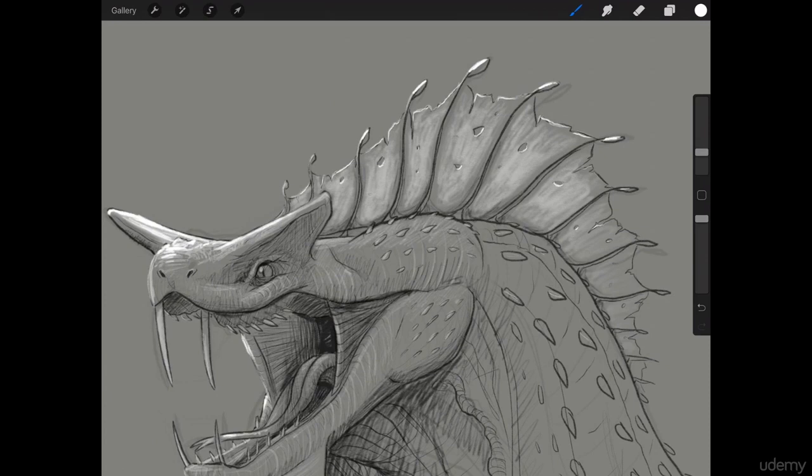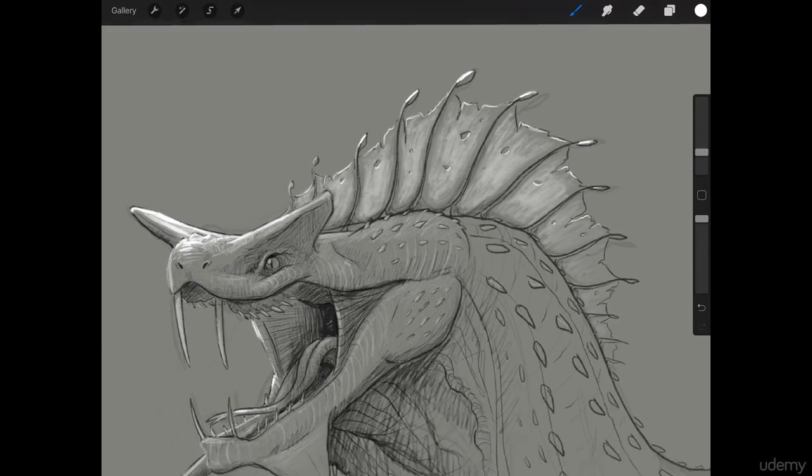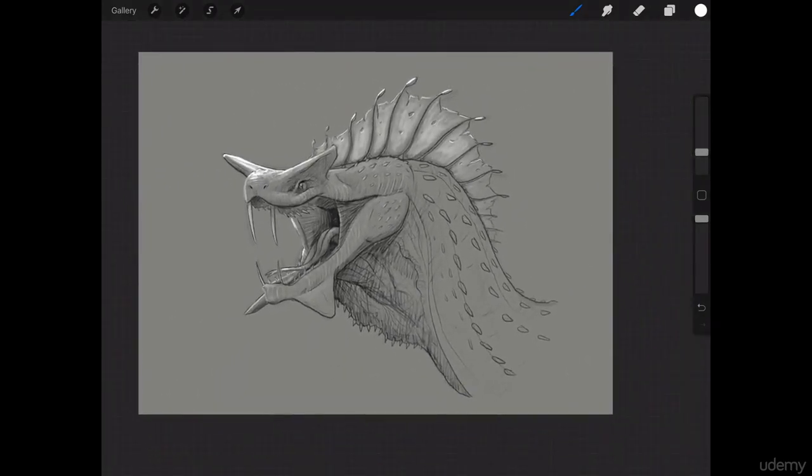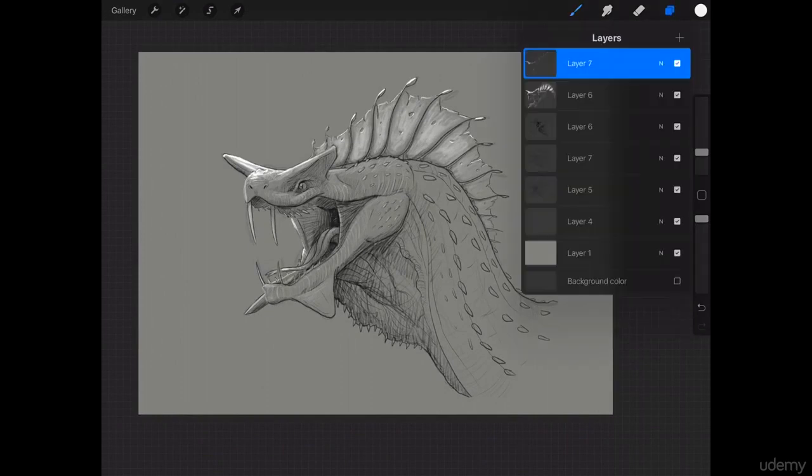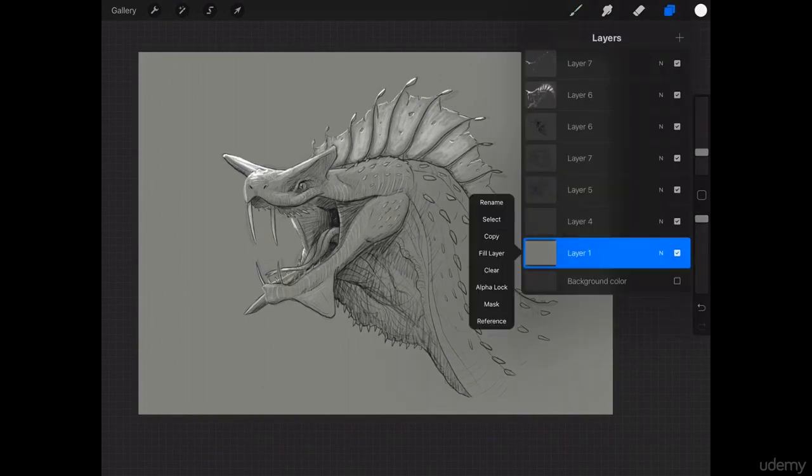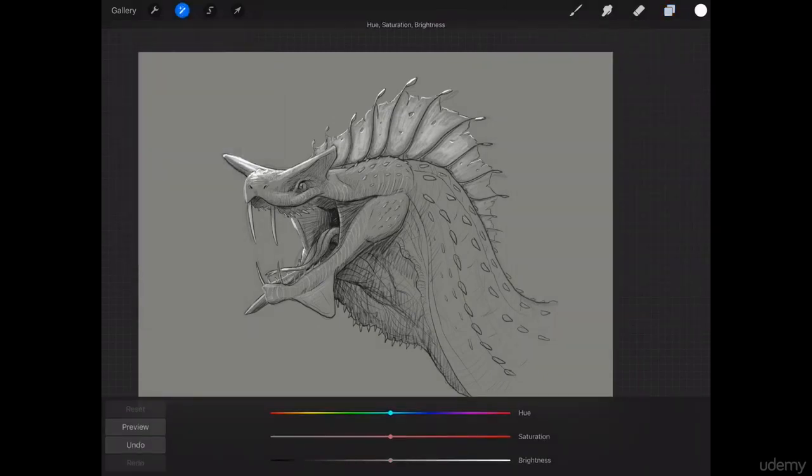Another cool thing about digital is that if we decide that our midtone is too light for this image and we want to make it darker, we could do that really easily, which is actually what I'm going to do here in a second. I'm going to experiment with it because it feels not enough like this side of him is in shadow, but I don't want to have to go crazy with adding a whole bunch of shading over there. So all we have to do is lower its brightness, okay, and then we'll be able to, maybe not that far,